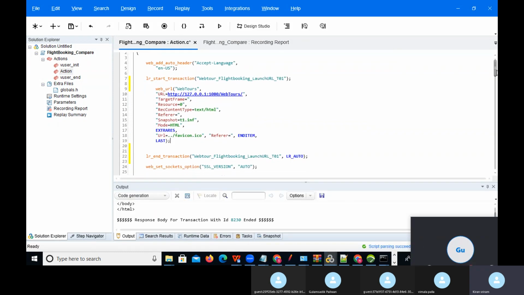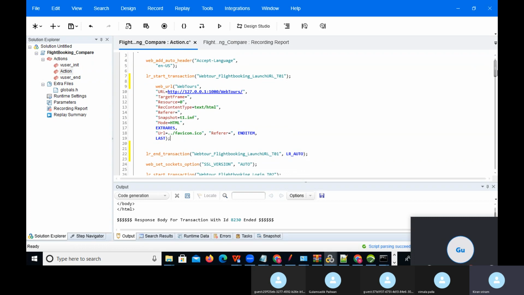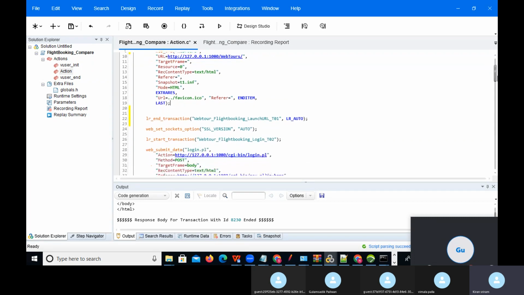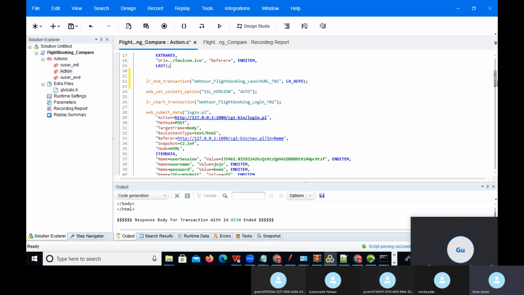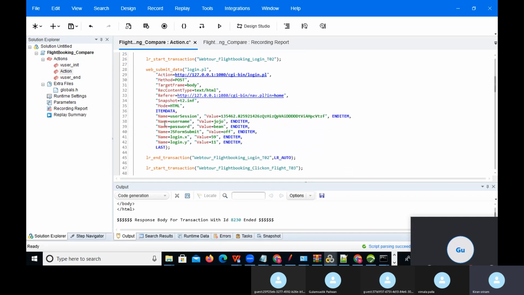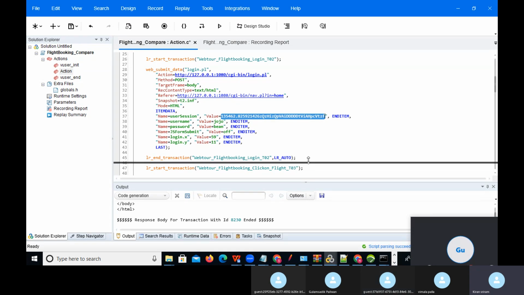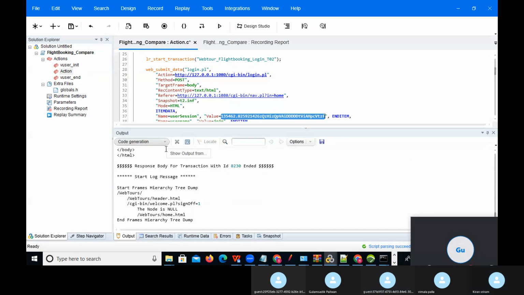Now we can observe where the user session is. You can come here, this is the login part, and in the login part you can observe this is the user session. So this value we can consider as a dynamic value. Is it right? So we identified that this is the dynamic value. We can copy this dynamic value, and go to the code generation and come to the